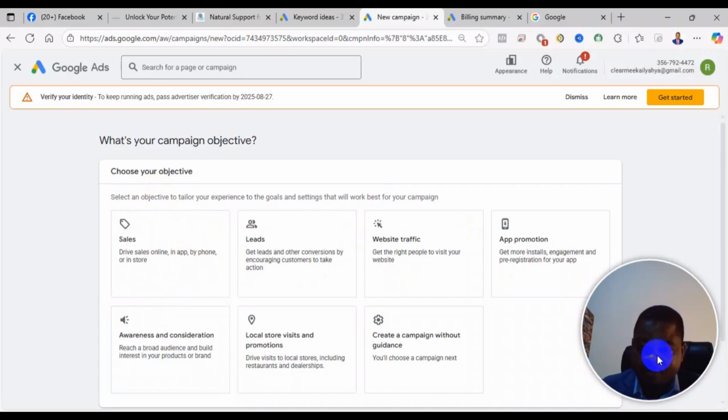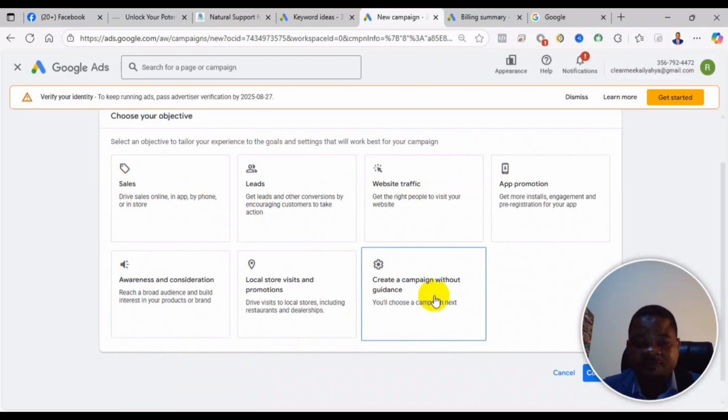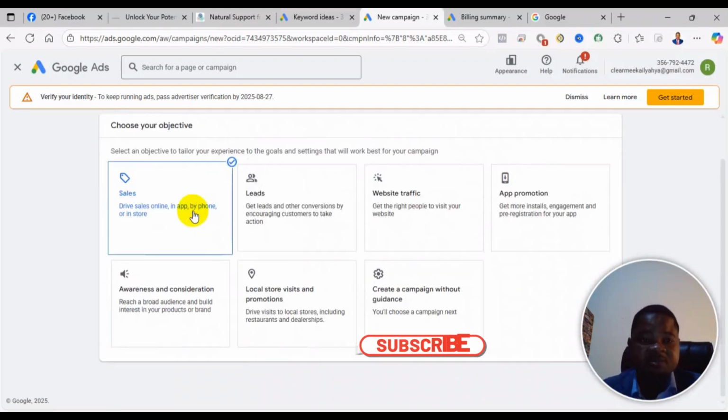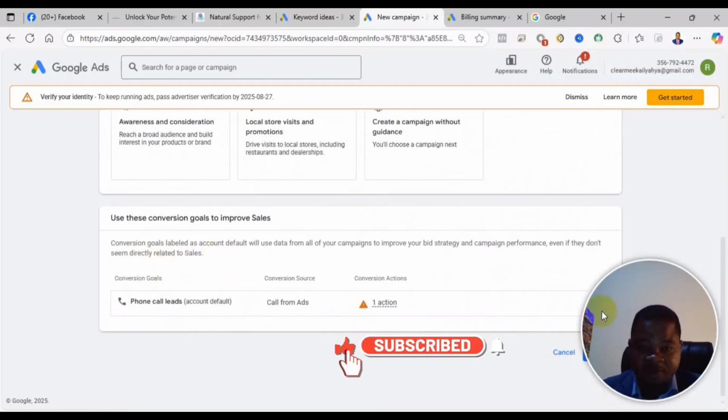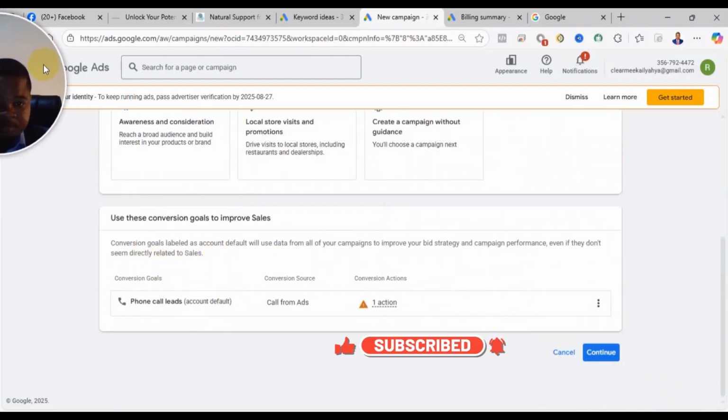Your objective. So for objective, we have sales, that is if you want to drive sales online, in app, or by phone. We have get leads and other conversions by encouraging customers to take action, website traffic, app promotion. And so for most of you, if your goal is to sell, choose sales. So when you choose sales and then you come forward,